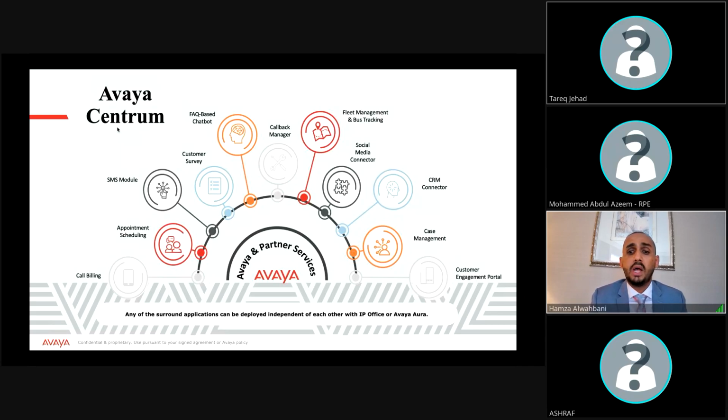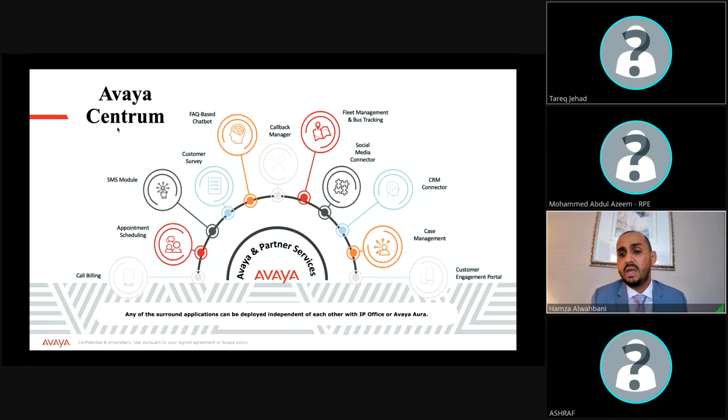So we can integrate this CRM with our contact center with a pop-up screen. If any customer calls the telephony system, or calls the agent or the contact center, we can send a pop-up screen, so the agent can know all the details about this customer from the database before answering the call.